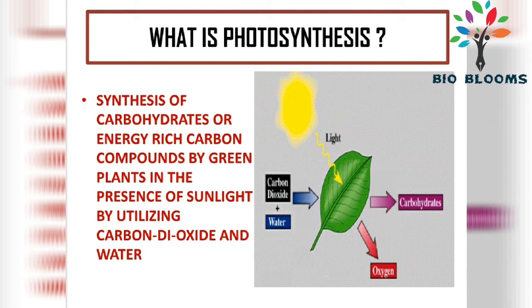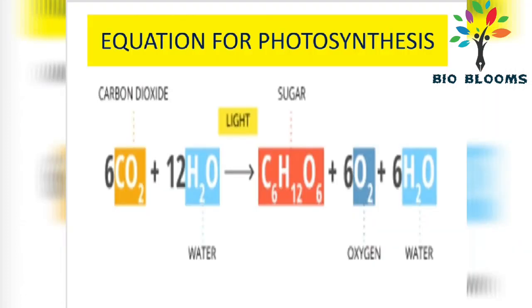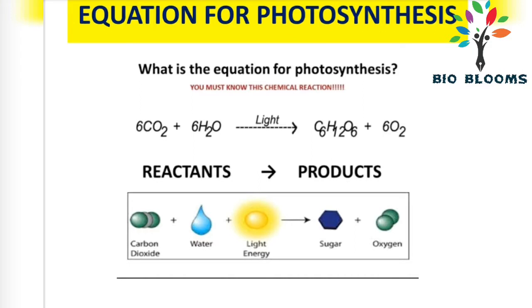And beside the picture is given, it is also pictorial understanding that the light is from the solar, that is sun, and then carbon dioxide and water are very important, where the output you can see. The equation for this photosynthesis is also given: 6 molecules of carbon dioxide combined with 12 molecules of water in the presence of light and chlorophyll, we get a sugar. Sugar is a glucose form. Here also you see the picture, reactants on this side and products on the other side.